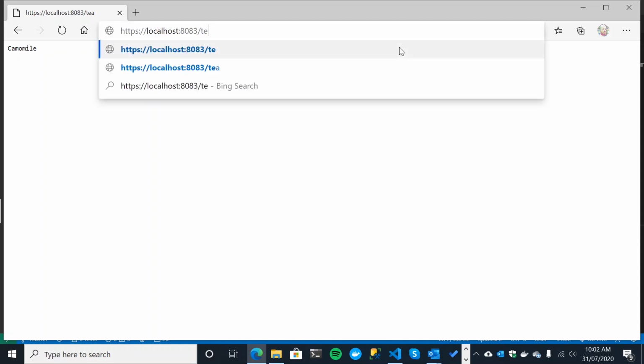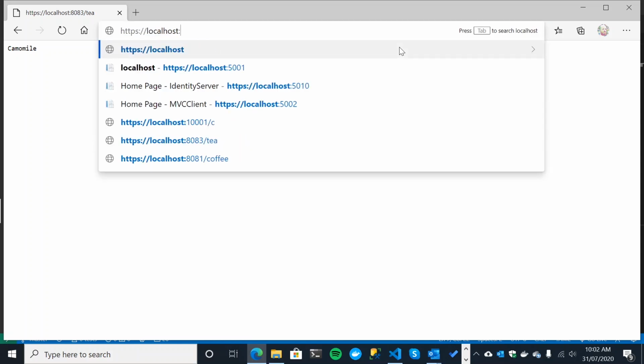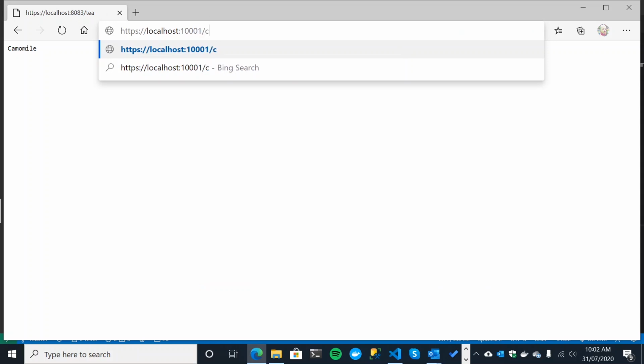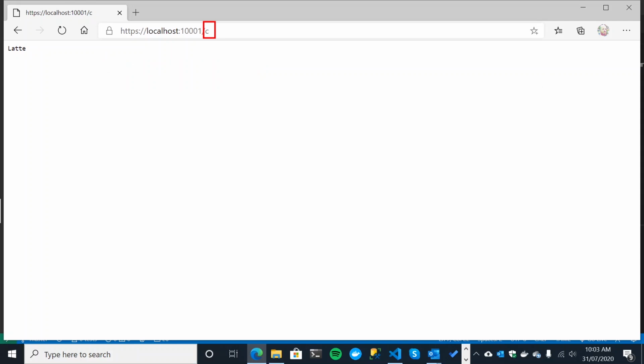Well, Envoy comes in on a different URL, so you'll remember 10001 for HTTPS traffic. Let's just put in a different URL form, so we're just doing /c. What will happen with that? Well, it takes us through to the Coffee API, and that's basically where the routing is coming in. So we're going to Envoy, we're providing this prefix, and Envoy will then route on that prefix.